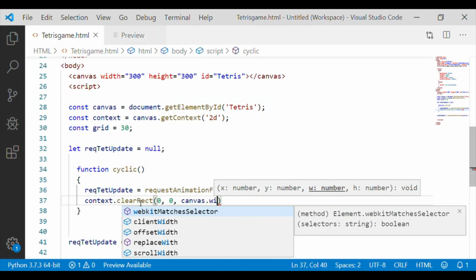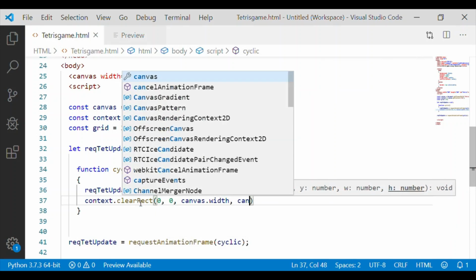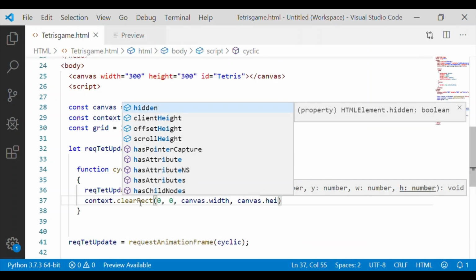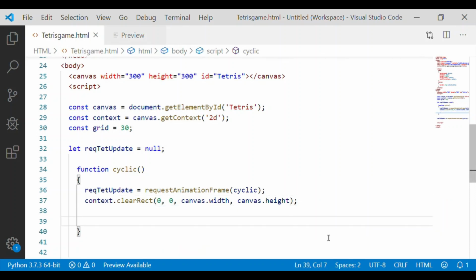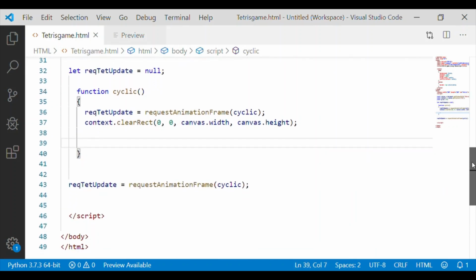So we will clear the whole rectangle from 0 comma 0 to the complete canvas width and height, which is 300 by 300 pixel.